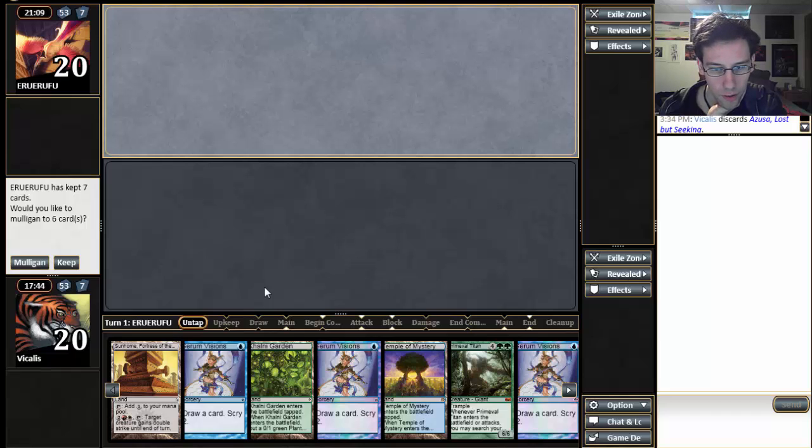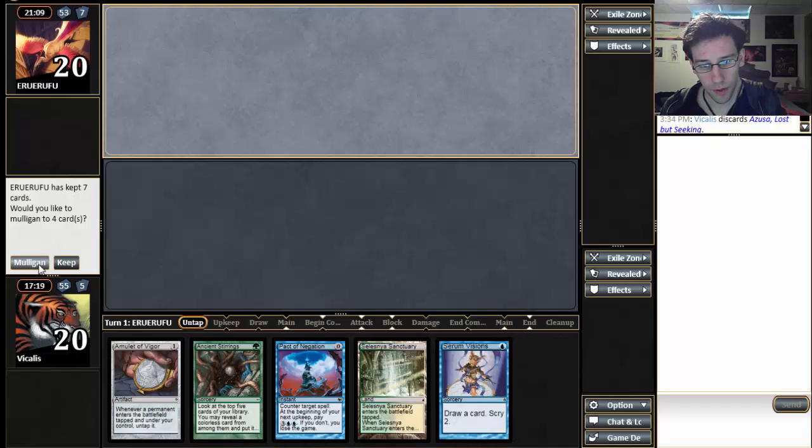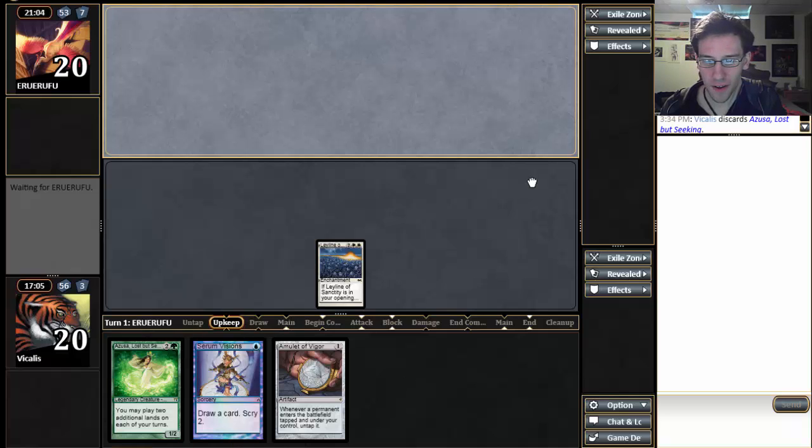Serum Visions is good against discard, but mulliganing for Leyline is really tempting. This hand's slow. I think it's worth going to 6 to try to find a Leyline. This hand just doesn't work. This hand very similarly doesn't work. Going to 4 is pretty bad, but this hand really doesn't work. Alright, I'll keep this. Still a long way to go, since I only have 3 cards, but...